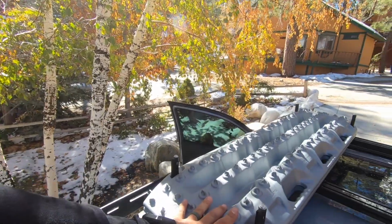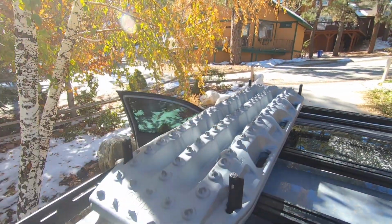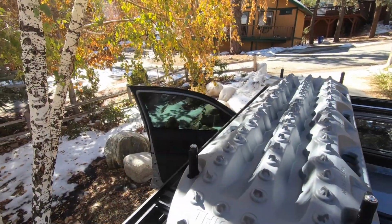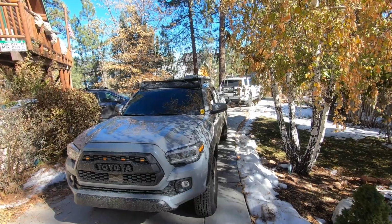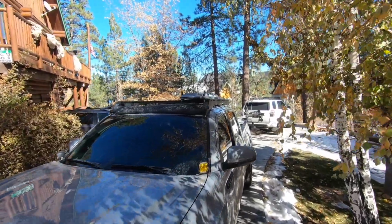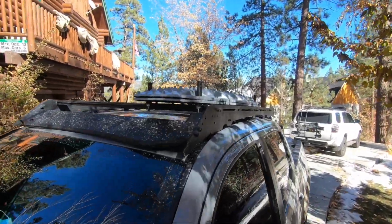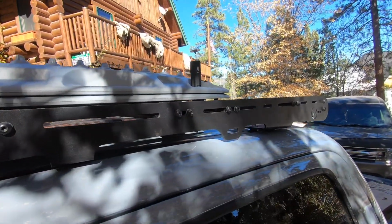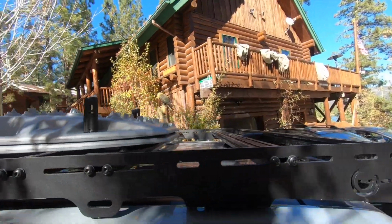Now that it's all secured in, how you can lock it is just turn the pins backwards, and that'll prevent them from coming up. All mounted. Super easy installation. If you've got the right tools, you're looking at 20 minutes at the most. At the most, if you have to remove a rack and rearrange it. Other than that,